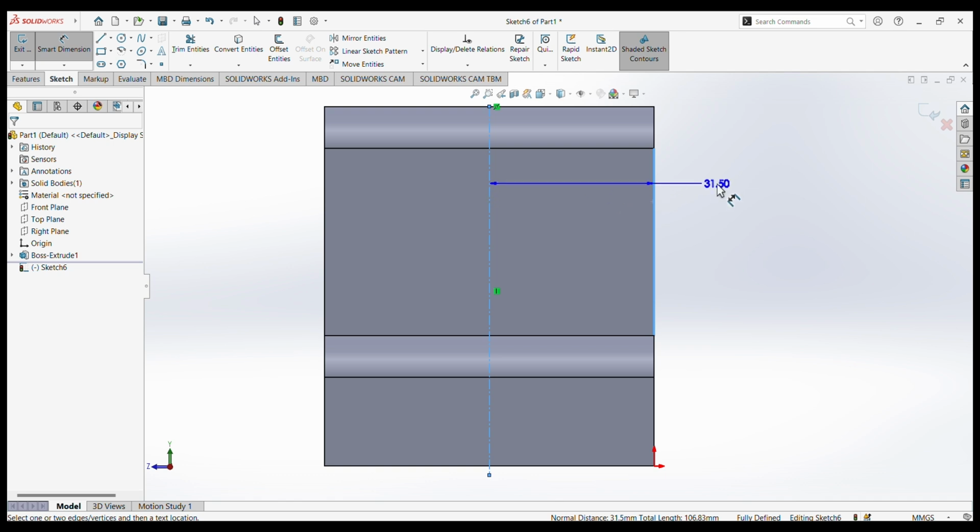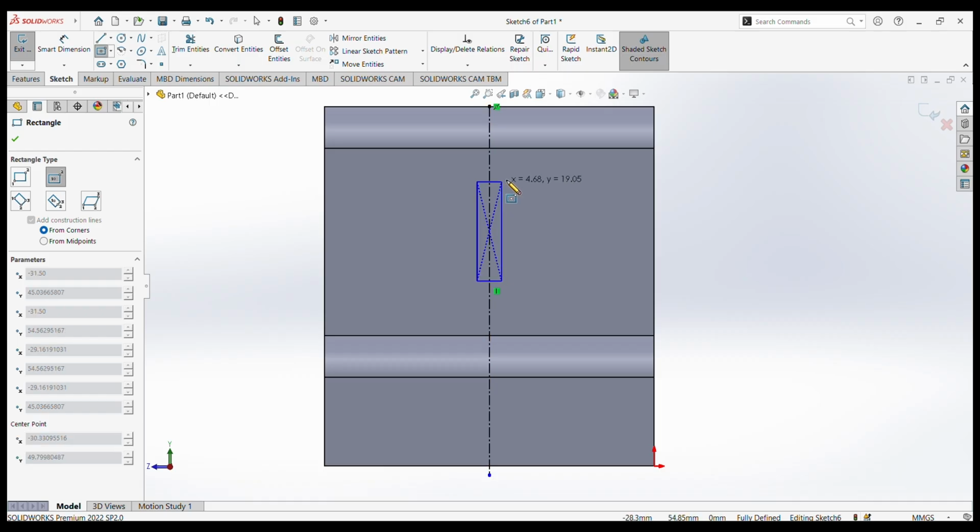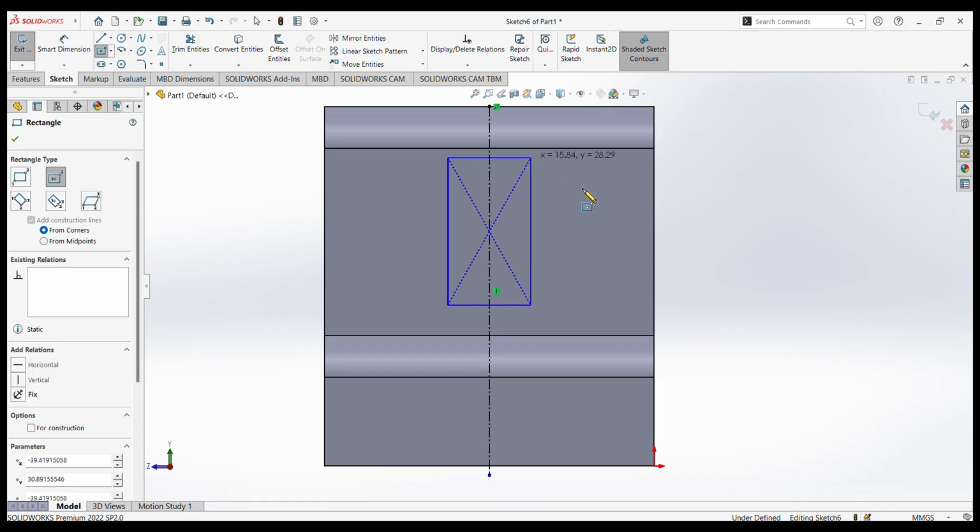Okay, this is an exact center. We can make a corner rectangle, sorry, center rectangle, just like this one. Okay,